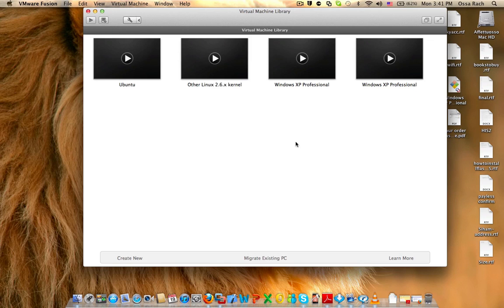You close this. Now this is our new Windows XP Professional. As you can see, I have other operating systems already installed. I have Ubuntu, Linux, and Windows XP. I already have it, so I'm just going to show you how to install it on a virtual machine. You hit